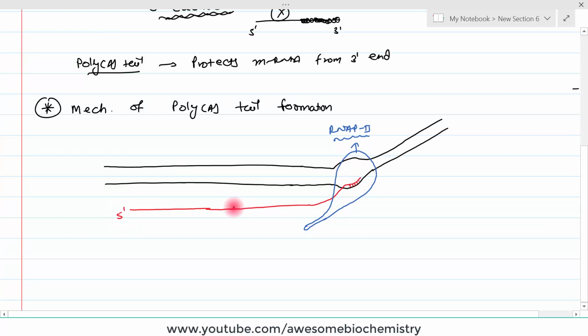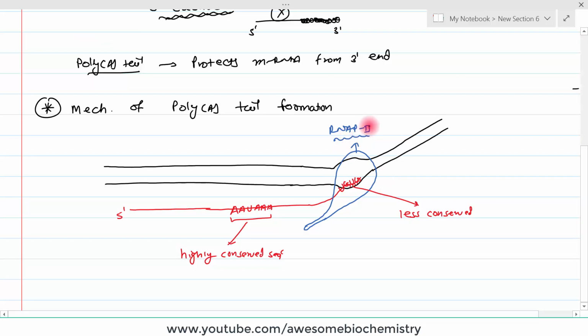In this mRNA, there is one highly conserved sequence, that is the AAUAAA sequence. This sequence is highly conserved, even between species. Another sequence lying somewhere over here is rich in U and G, a UG rich sequence. The AAUAAA sequence is found in all mRNAs, and this UG rich sequence is somewhat less conserved, seen in many different mRNAs. These two sequences are there.